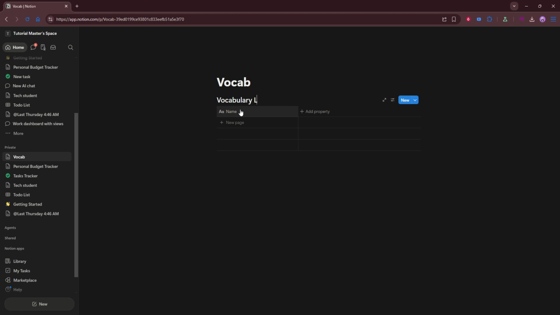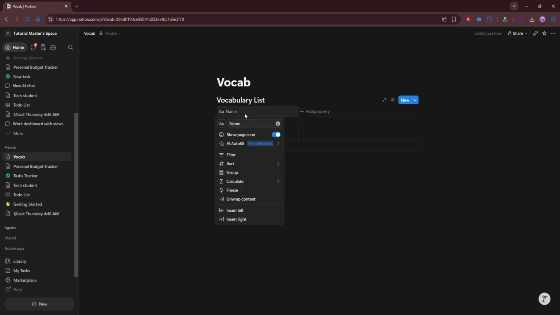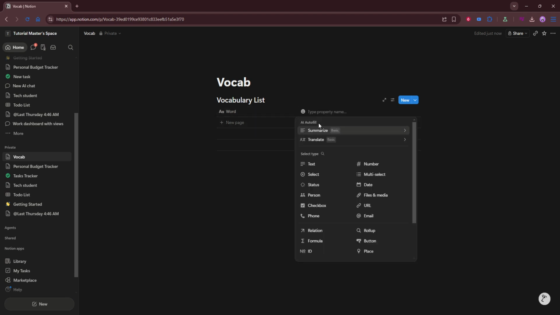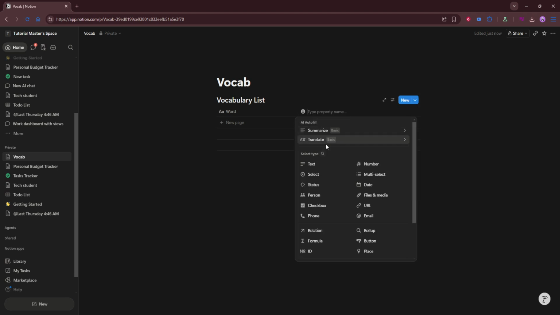Once the database is in place, add the key properties you'll need. Include a property for the word itself, the meaning, an example sentence, the language, and the status. These fields give structure to your learning. The word is your main item. The meaning helps you confirm understanding. The example sentence shows how the word is used in context. The language keeps multilingual study organized, and the status can help you track whether a word is new, in progress,